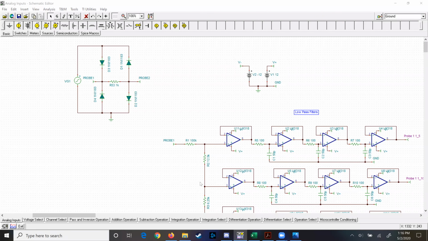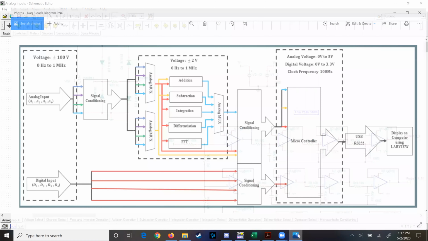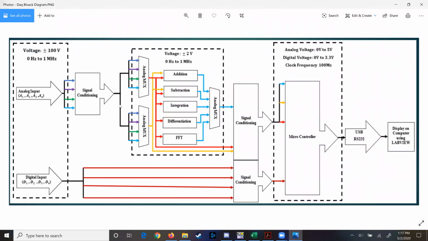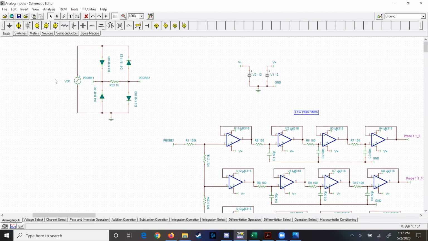All right, welcome to the actual circuit. Now, if we go back to the diagram here, we're currently in the signal conditioning portion right up here, right in the beginning. This is where all the inputs will be coming from. They'll be coming in through here. This is just one of them. And then we have two probes that are going to be measuring that